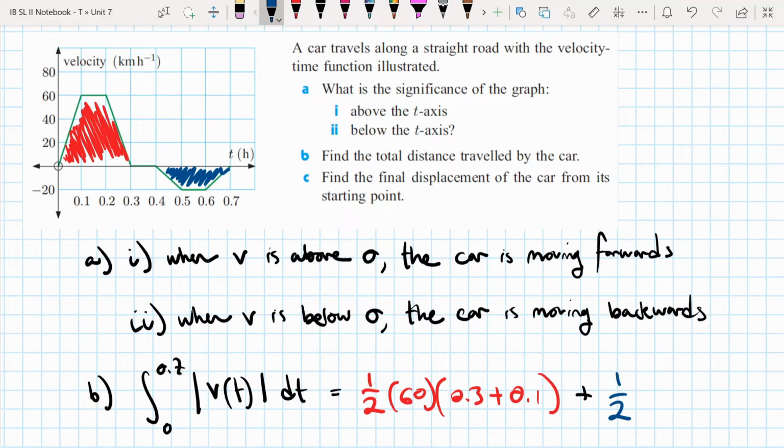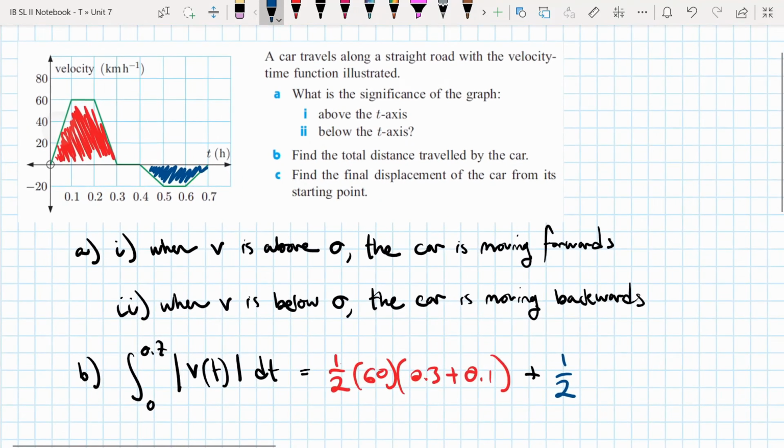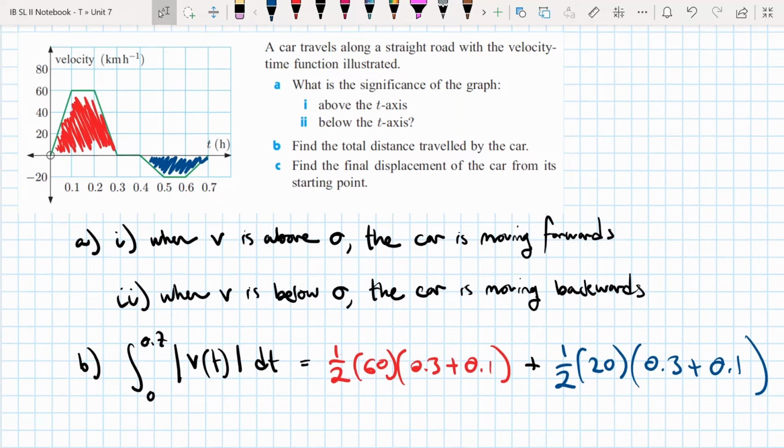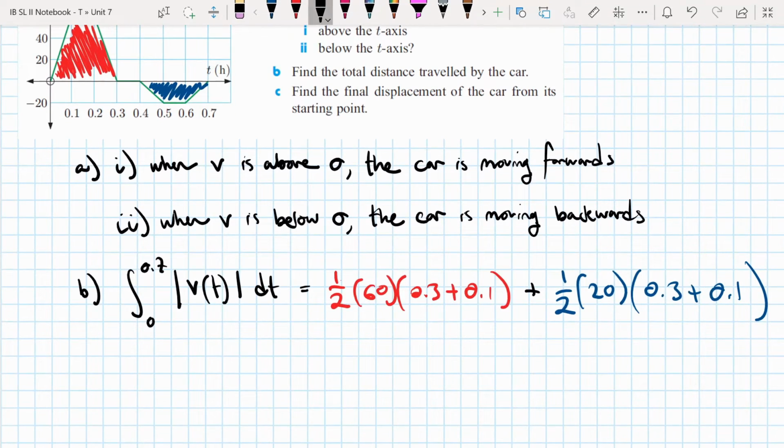So we're not subtracting, we're adding, because we're dealing with distance. We're going to add to it 1/2, the height is 20, the base is 0.3 plus 0.1. Okay, and so the result here is going to be, well, this is 1/2 times 60, which is